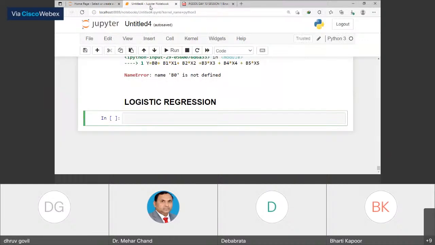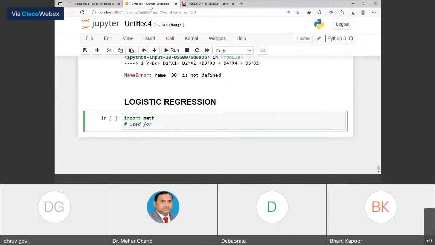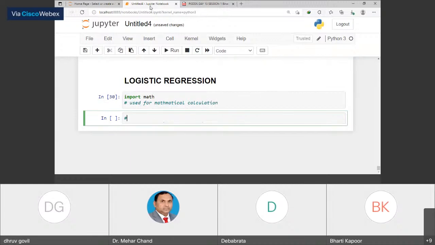We already imported the libraries, pandas as pd and NumPy as np. Here we import the math library also, which is helpful for mathematical calculation. Okay, so now we can import. In this algorithm, we have worked on some